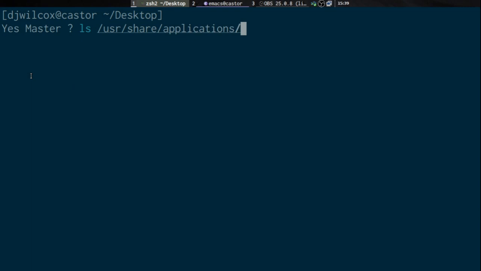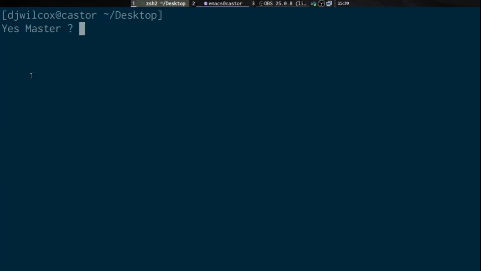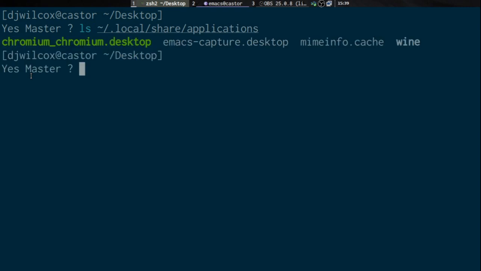So that is the location for traditional Debian packages that you've either installed manually or using apt-get. That's where they will be installed. And the third place is your local share applications folder. So what I found is it's best to override stuff in your local share applications folder rather than trying to copy stuff into the system /usr/share/applications folder,